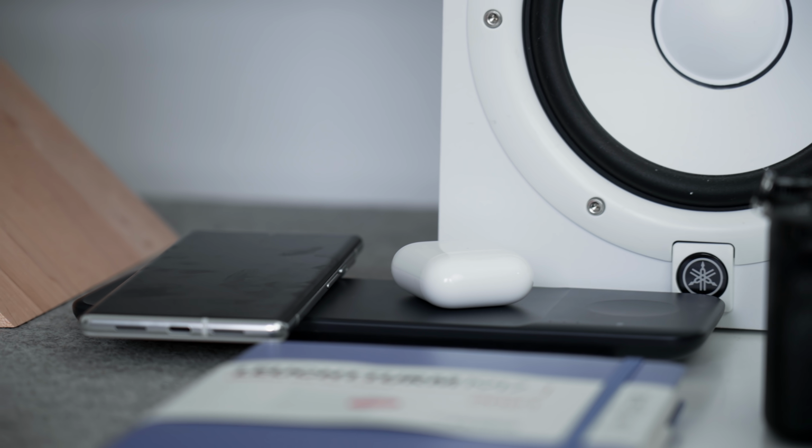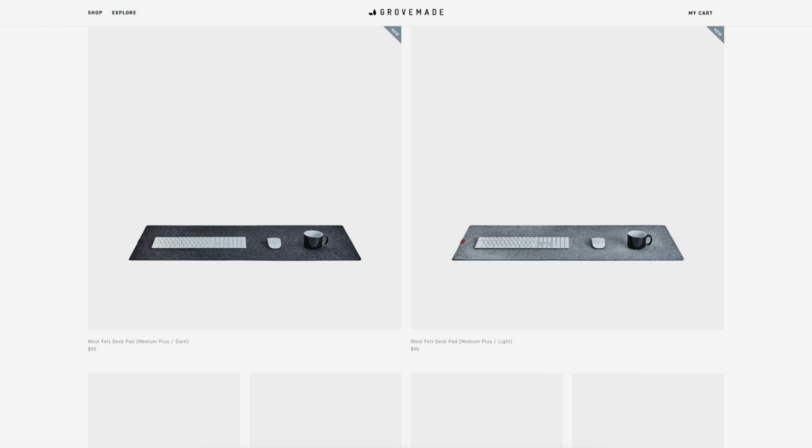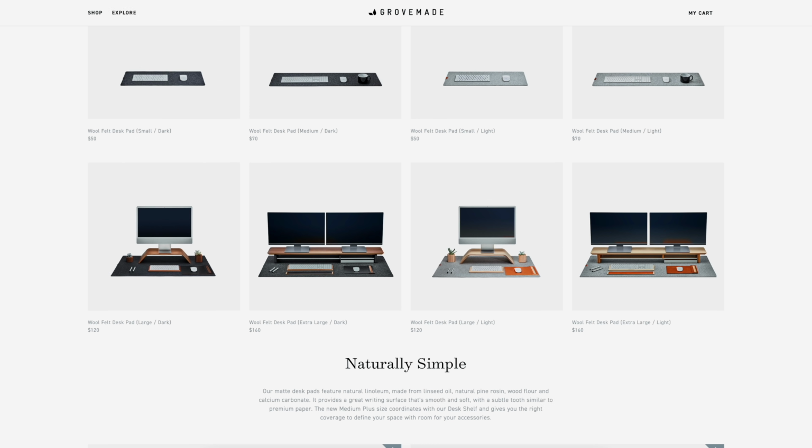All of the items on top of that are sitting on a Grovemade felt pad, so you can get them in either light gray, which is kind of the theme that I've got going. It meshes well with the white and the lighter maple wood finish. It serves two purposes: all the items don't shift around, and it also acts as a makeshift